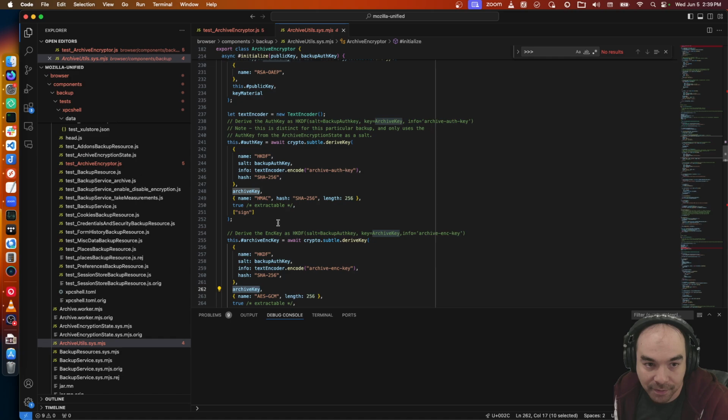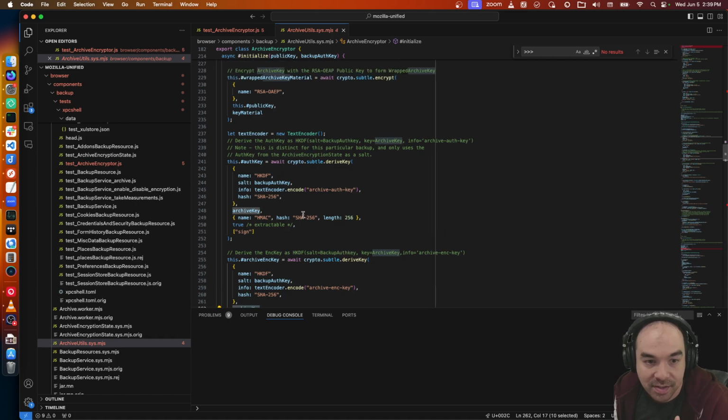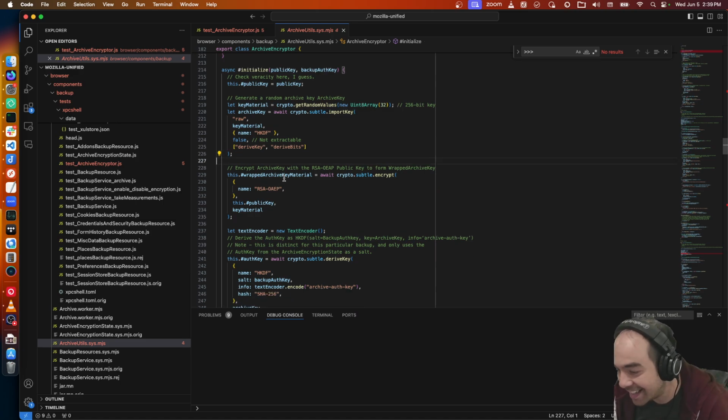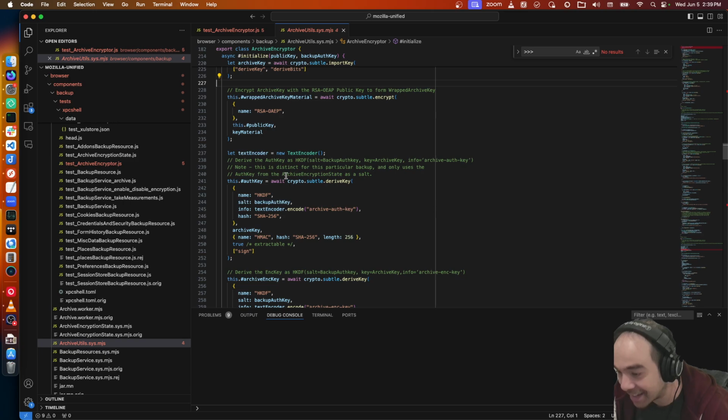The archive key is a randomly generated HKDF key. Basically, it's all created automatically. This is the sort of stuff that our security and cryptography engineers are going to review. I've written it, and they're going to review it and make sure I did this right.